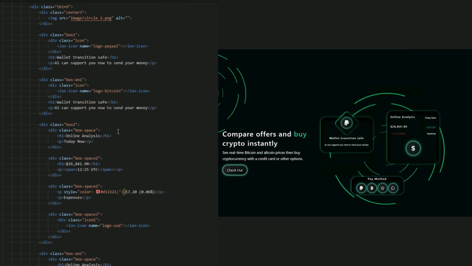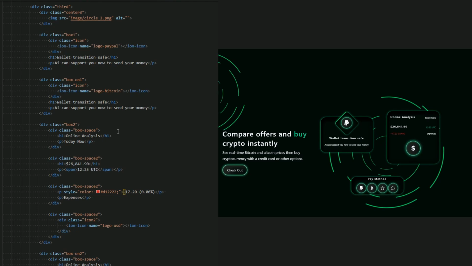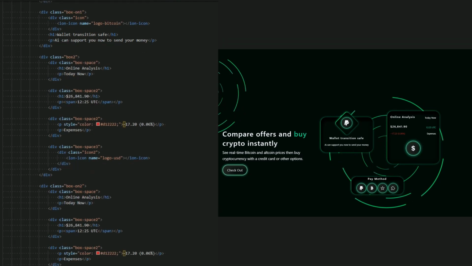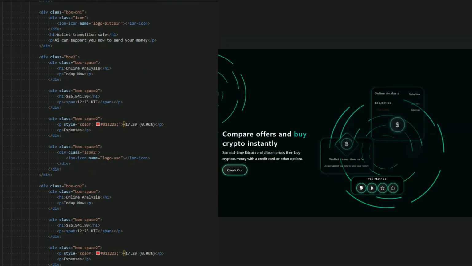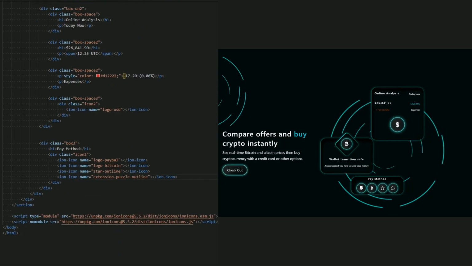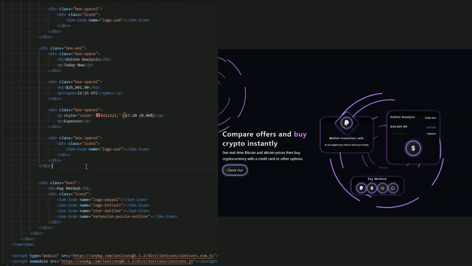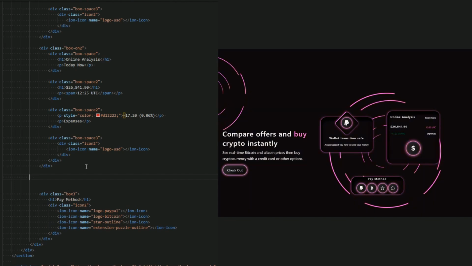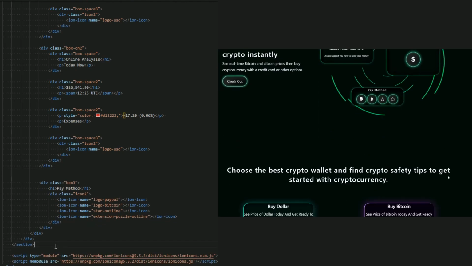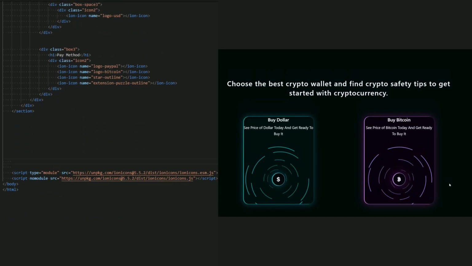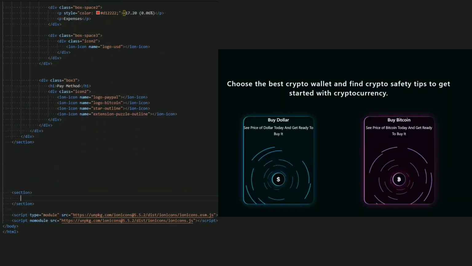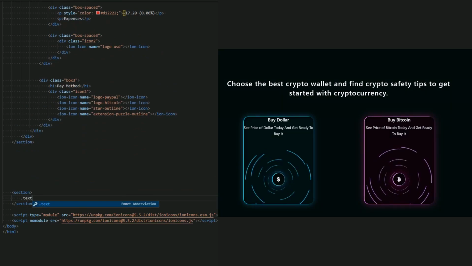We just create a lot of divs inside this, so yes, I'm sorry for this, but this is for the box, and we add the animation inside it. And now let's go for the next section for the cards. So the next section, guys, let me add a text center to be centered inside it.